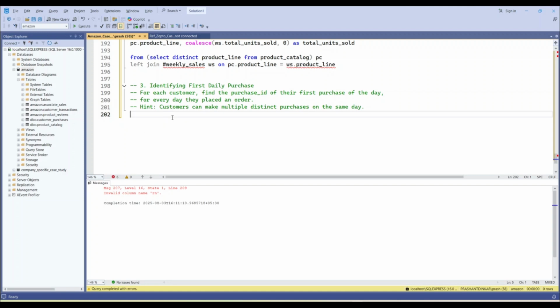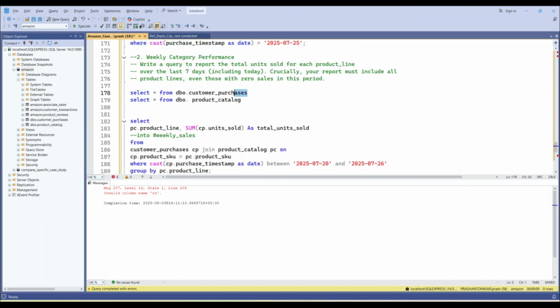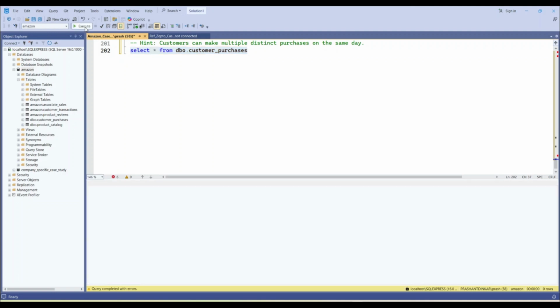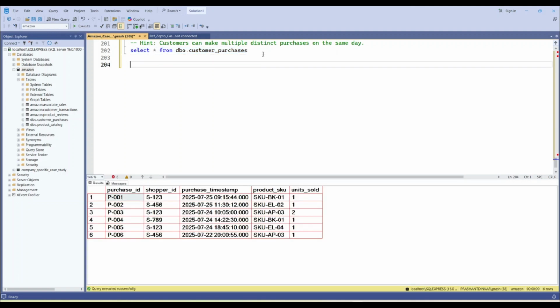What we are going to do is utilize the customer purchases table. So I will just copy paste it here so that we can see the columns. First of all, we would be creating a table or a summary output, a table where we showcase the ranking function, and then we filter from that table. So select,